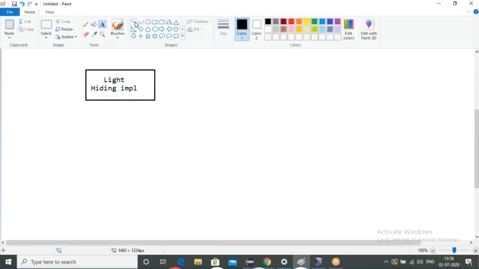Now, here I'll be able to use the functionality of a light by using an interface called switch.